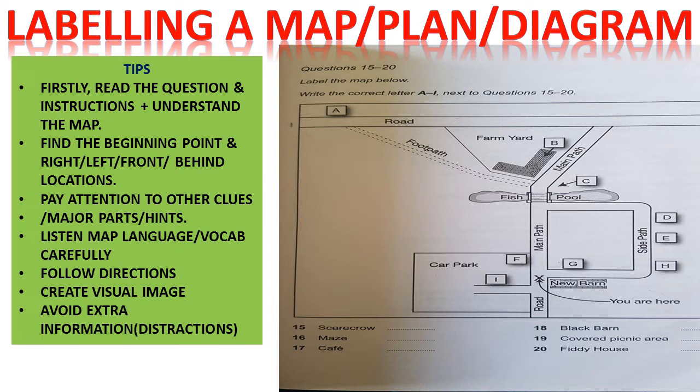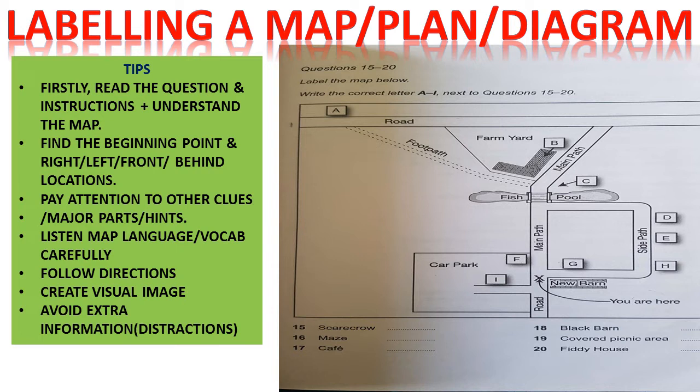You can see there is an X sign or X symbol on the main path, and it is also written that you are here. It means this is your starting point. Watch your left, right, front and behind at that location. Imagine that you are at that location, and then let's start by looking on your left, where there is a